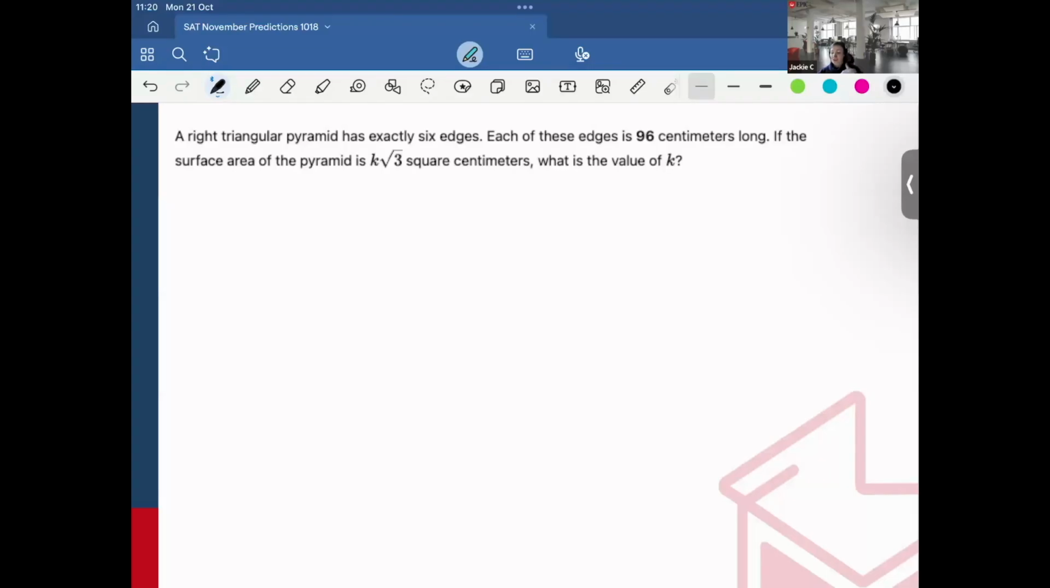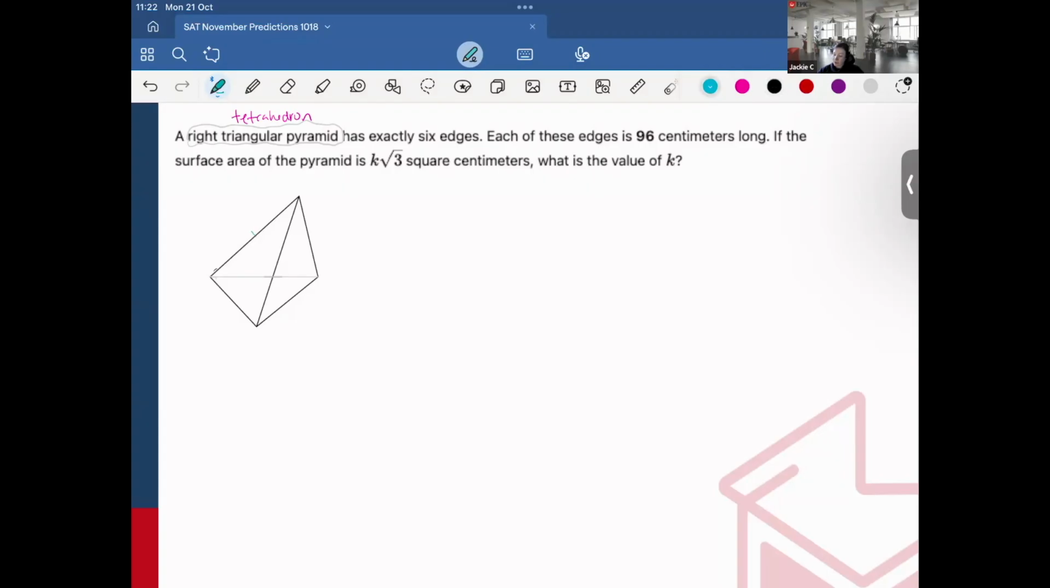So it says a right triangular pyramid has exactly 6 edges. Each of these edges is 96 centimeters long. If the surface area of the pyramid is k root 3 square centimeters, what is the value of k? Okay, so I feel it's defined wrong because technically it's a tetrahedron, but it's fine because they give us the information in the problem that it has exactly 6 edges,